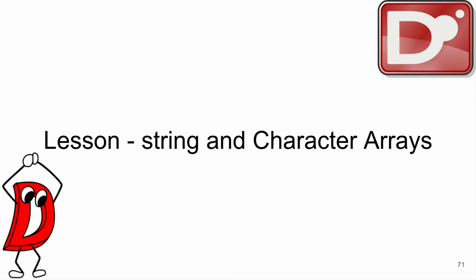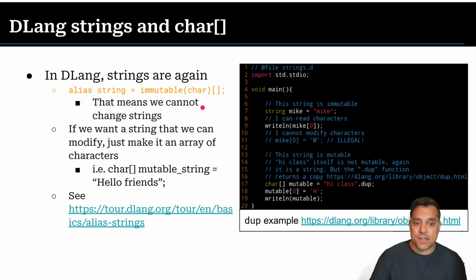Okay. Let's go ahead and take a look at strings and character arrays. We had to write these ourselves, but again, these are a built-in type in the D programming language. Strings are basically immutable character arrays. So what does this mean? I can create a string, the symbol name, and assign it to whatever I want, Mike. It'll be null terminated, so I don't have to worry about that. We already know what the string is here.